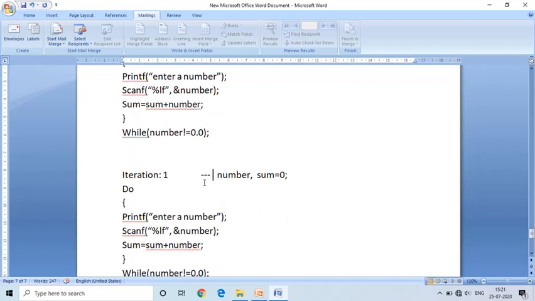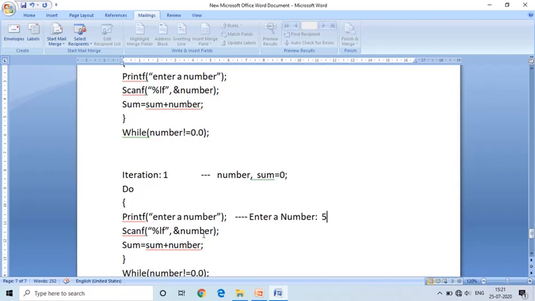In the first iteration, it enters into the loop and asks to enter a number. It displays "enter a number" on the screen. We will enter a 5.